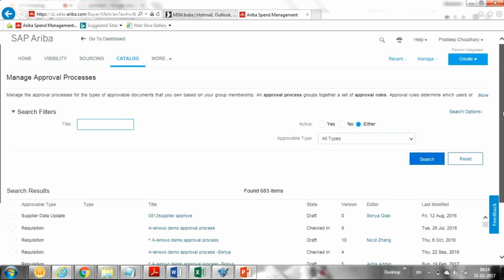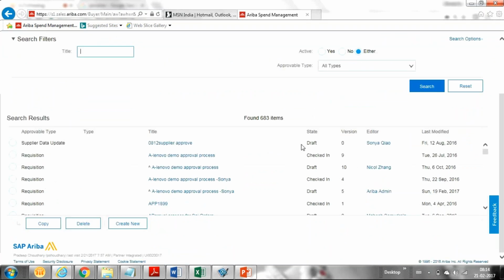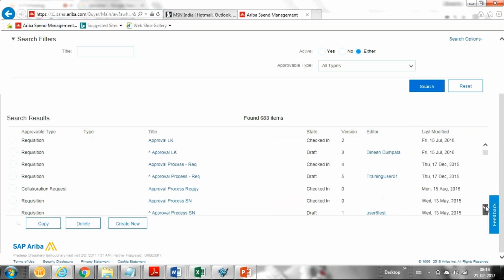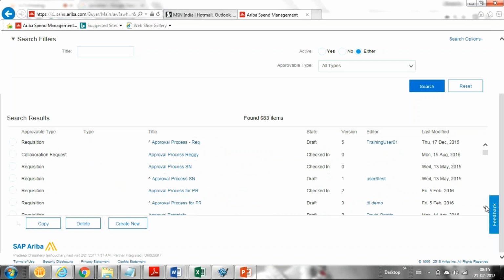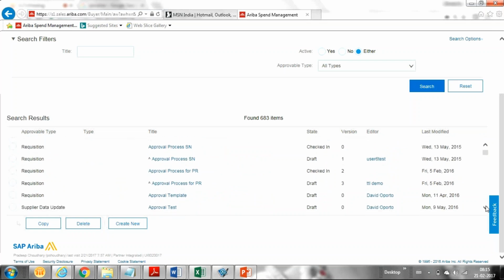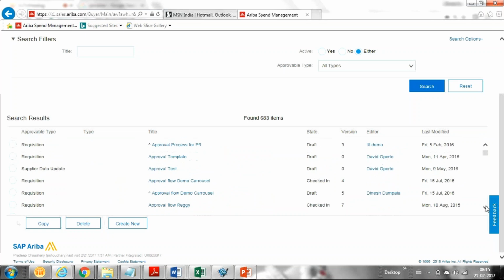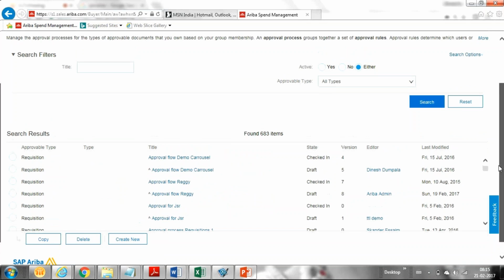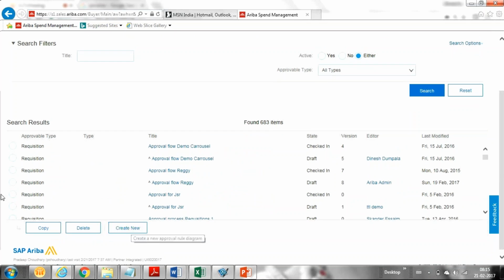So all these are already existing approval flows. Some are in draft, some are already in active mode. You can see those approval flows, right? If you want to create, you can create new. If you want to copy one approval flow and extend it by changing some basic details, you can do so. If you want to create a new approval flow,